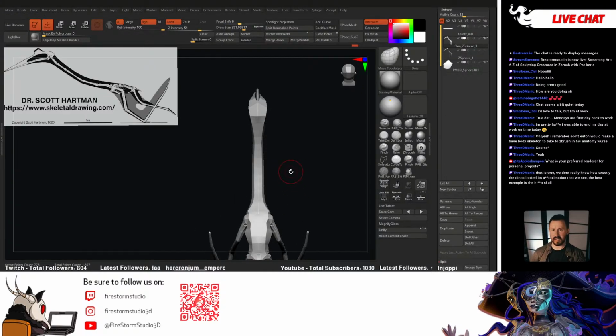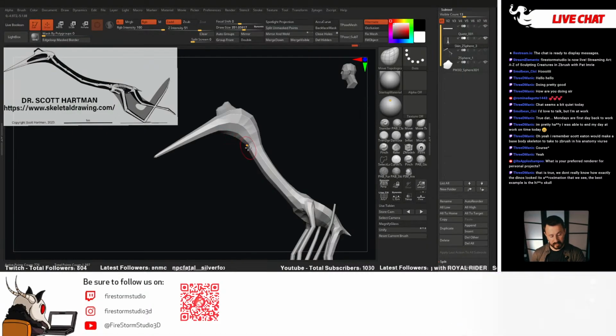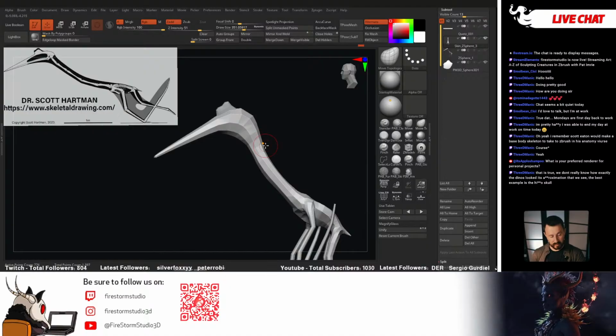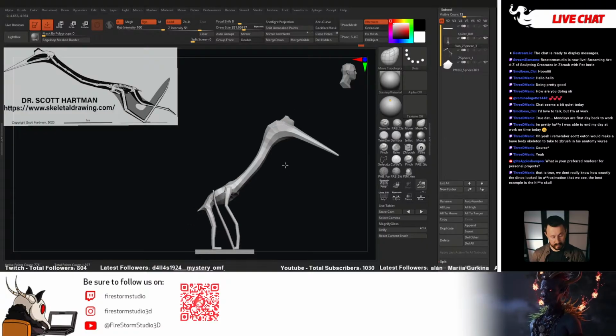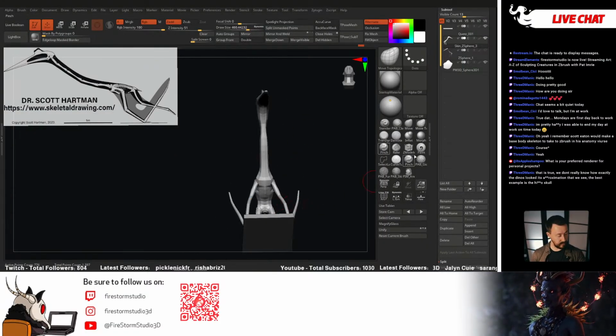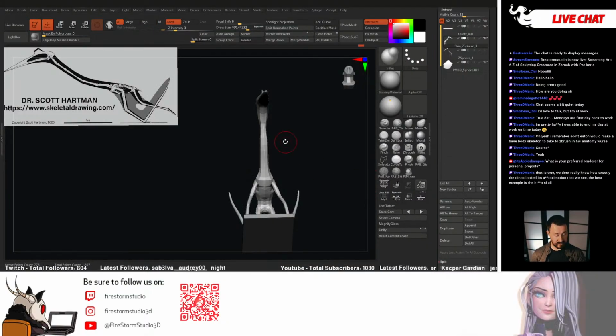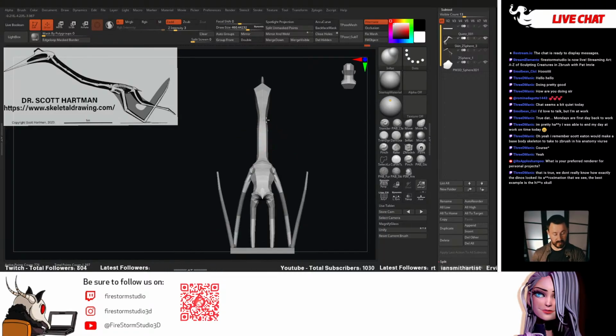Let's see, how thick is the neck? I really think that I had that right. There we go. Because it makes sense to me that the top of the neck would taper out just to support the skull. God, these are so weird. They're such weird looking creatures, so they are. We grab the inflate brush, use tablet is off anyway, so that's fine. And just thicken out